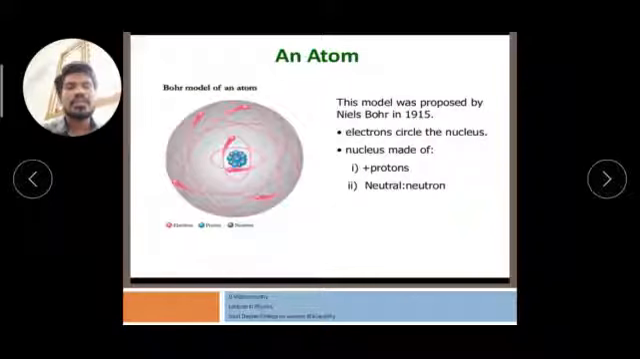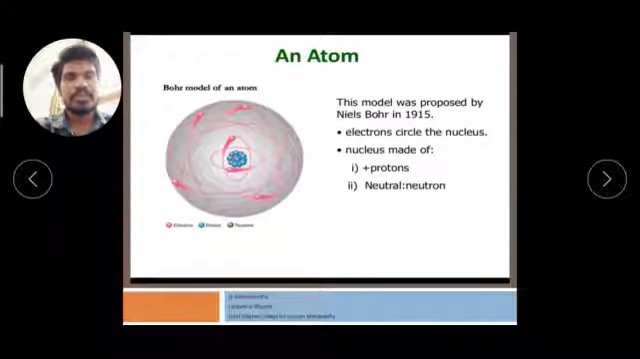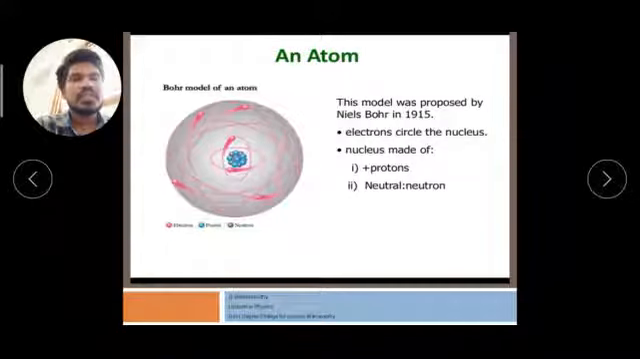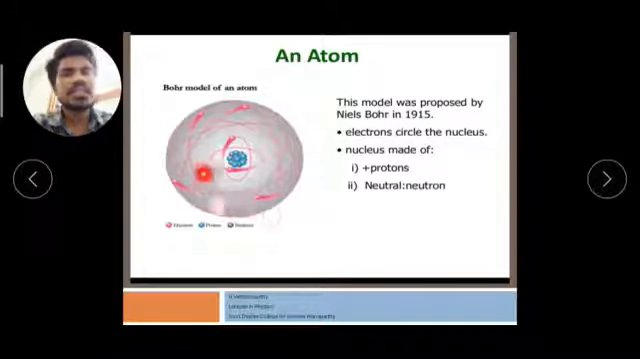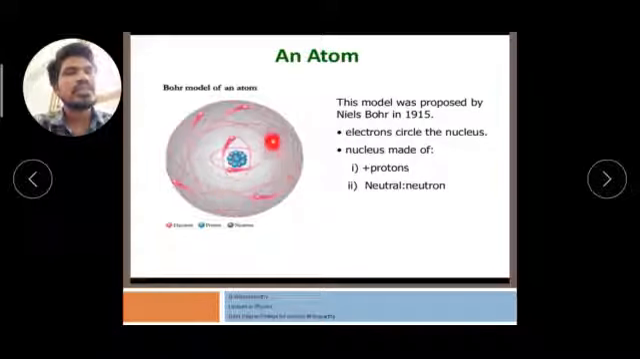Before we go to semiconductors and the p-n junction diode, what is an atom? In 1915, Niels Bohr introduced an atomic model. That model is known as the Bohr atomic model of an atom. Here you see the structure of the atom. In this, the center point is called the